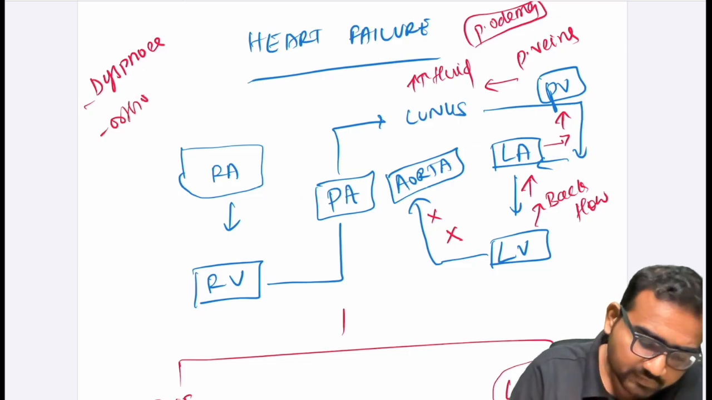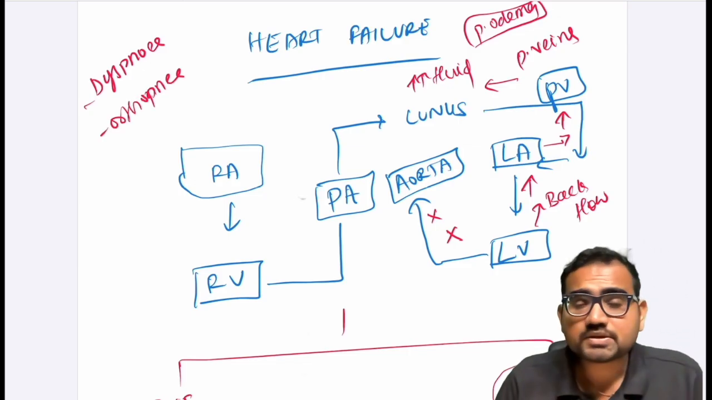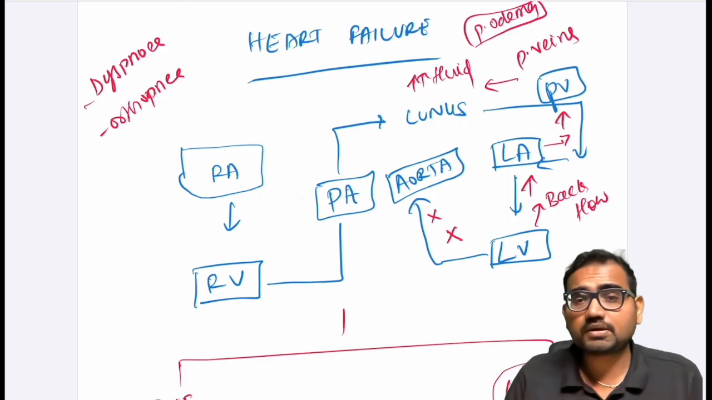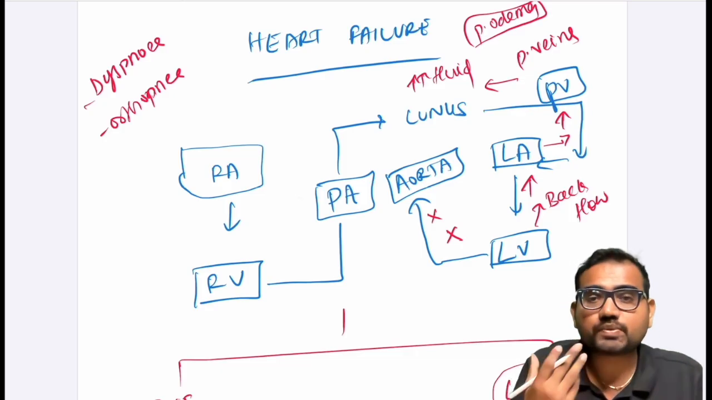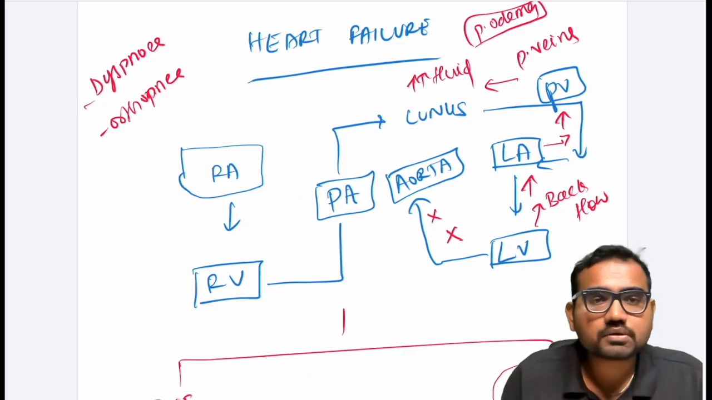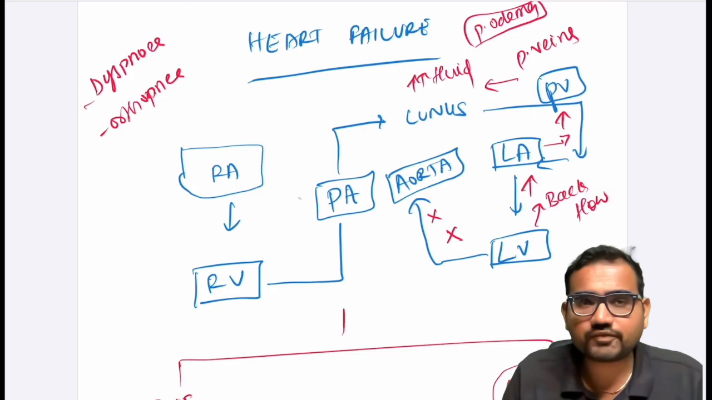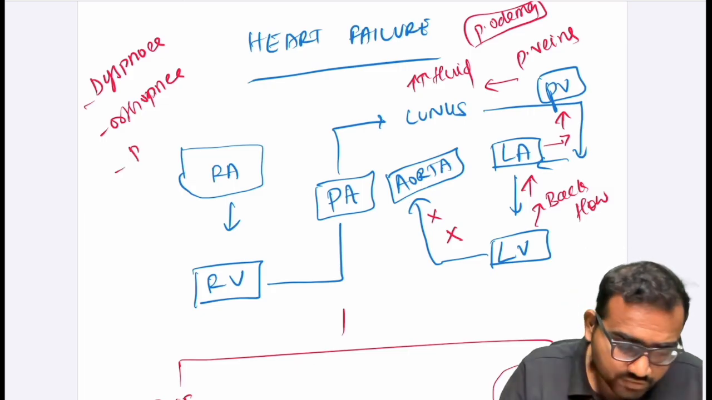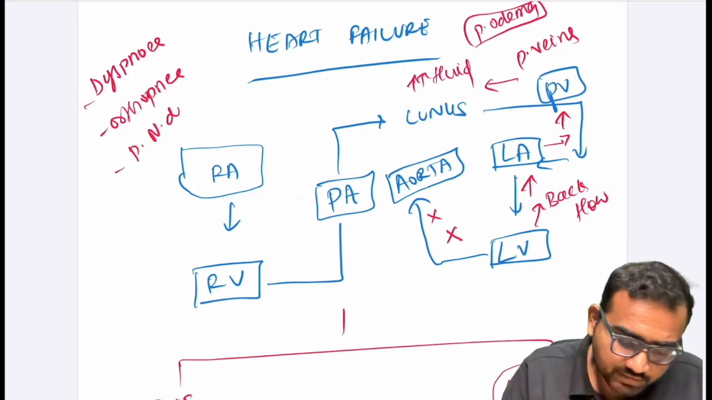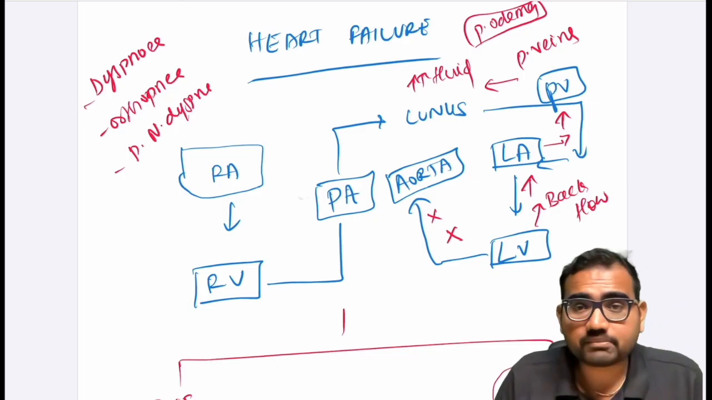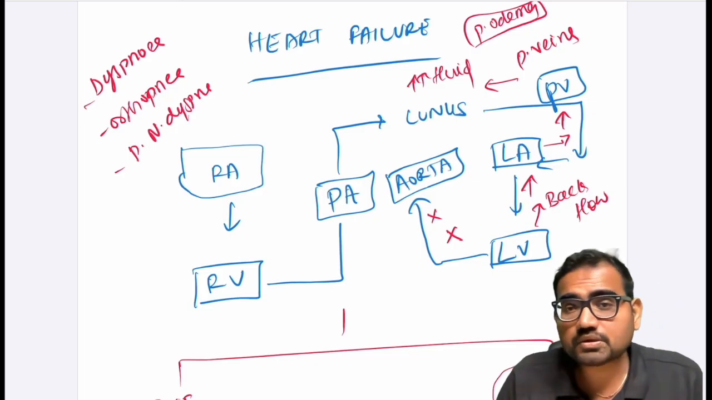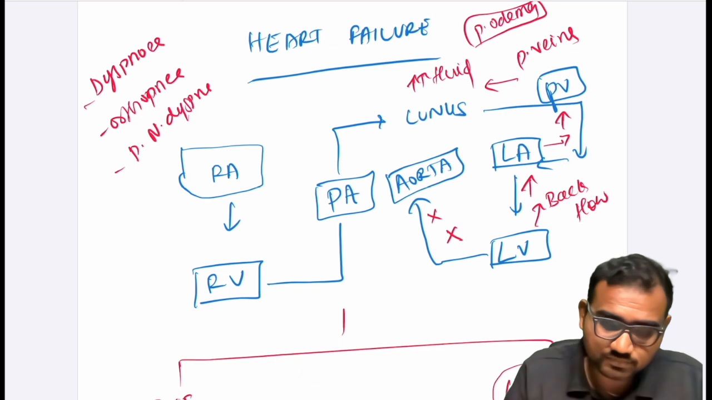Orthopnea. What is orthopnea? So what happens if the patient tries to stand? There is going to be increased venous return. There is going to be difficulty in breathing. Paroxysmal nocturnal dyspnea. Night time. If the patient tries to